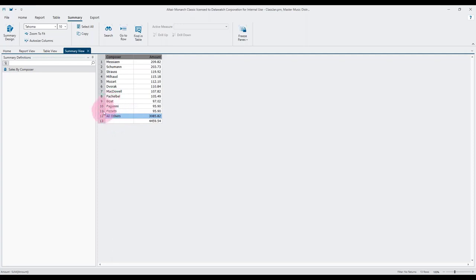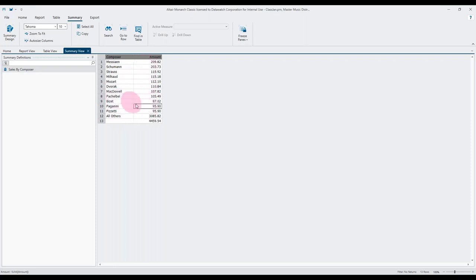One slight side note to mention is you'll notice the top 10 has given me 11 rows here. That's because it's the top 10 unique amounts, and we just so happen to have a tie for 10th place. If it was a tie for 5th place, exactly the same would apply. So there are 10 unique amounts here. It just so happens that in this case, we've got 2 composers that have the same amount. And that's why we get the 11 records there. So the top n values allows you to see a fixed number of rows or a fixed number of unique